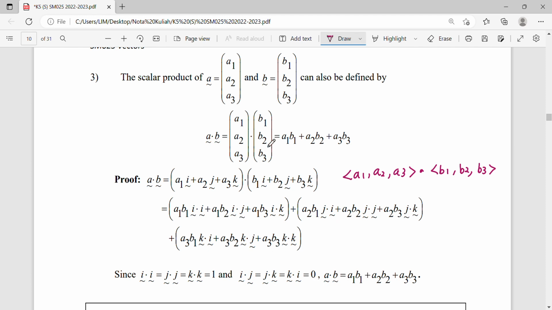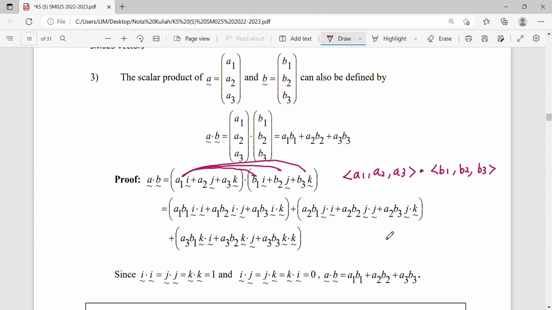Okay, so when we write it in full, you can see this is our vector in full writing with i, j, k together. When we're doing multiplication, actually we are expanding. So A1 multiplies with this B1, that is i multiplied with vector i. Continue: A1 multiplies with B2, then A1 multiplies with B3. Of course, the unit vector j multiplies with j, then i multiplies with j, then i multiplies with k. Continue. For the second term, they will also be multiplied